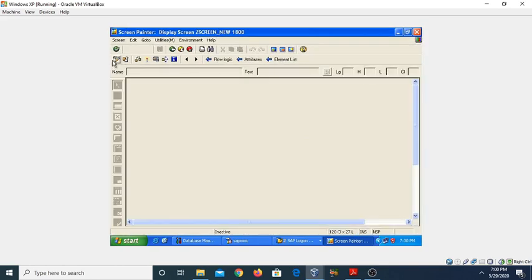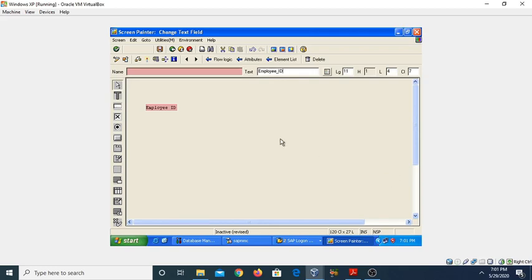This is our screen painter, where we can create a number of screen elements. The first screen element that we are discussing here is the text field, and this is your text field, sometimes also called a label. Just drag and drop, and you can give the text label here. Suppose in my case I am giving employee ID.